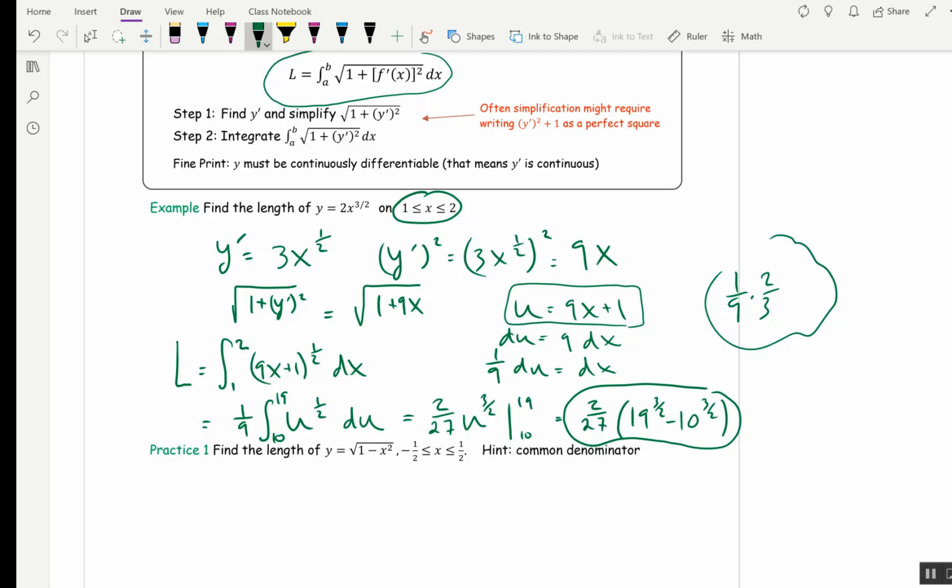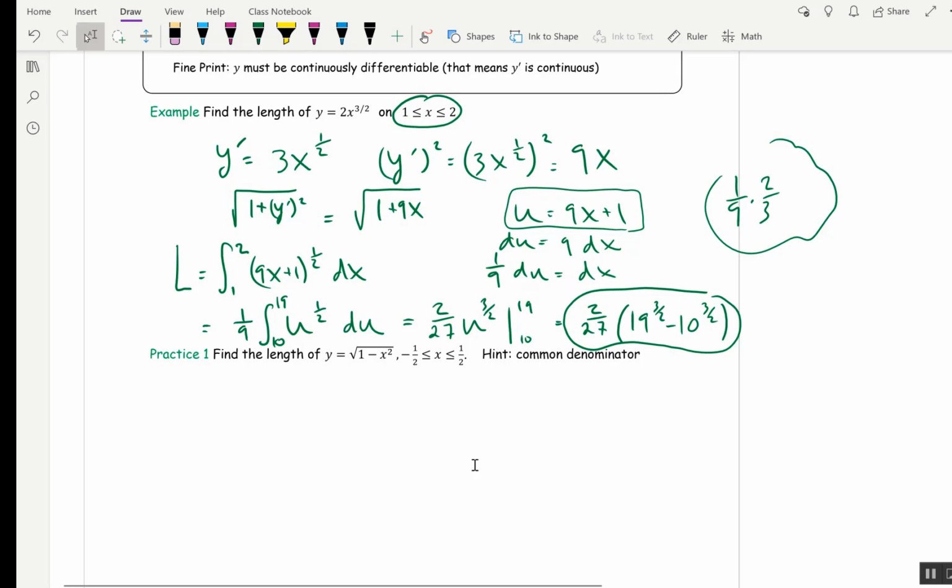You're going to do practice number 1 for when you turn in your lecture notes. So I have the answer at the end. So you might want to pause before I move on and make sure that you can do that one. I've got 2 hints for you. I mean, you can always look at the solution if you get stuck, but my 2 hints are: